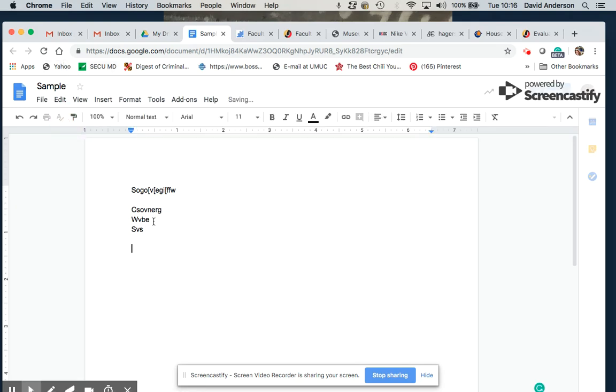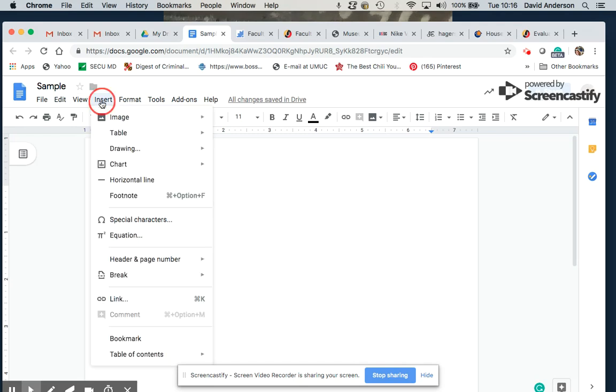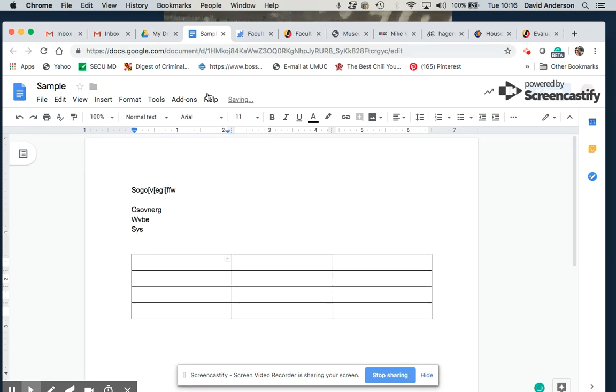So here's where I am in this quick little sample that I showed. This is the quick sample that I made for a screencast, I think at the first week of school. But if I go to insert here, I can create any size table I want. So I can just quickly insert it. And then I could have said